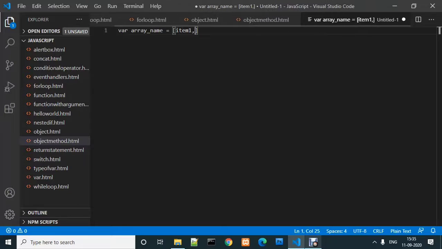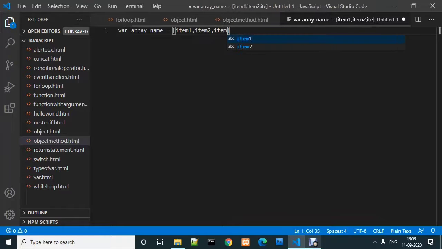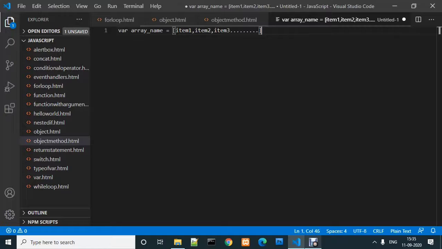So item 1, item 2, item 3, and we can provide n number of items, and a semicolon. What will happen? A variable of array type will be created which holds n number of values. Suppose we create an array of cars; this cars array will contain n number of car company names.